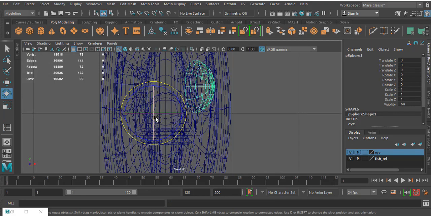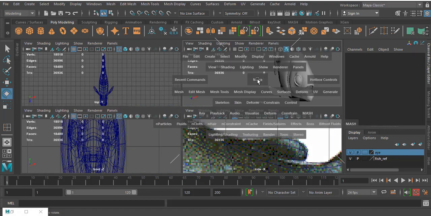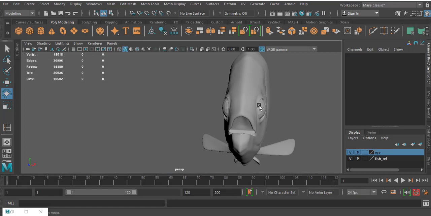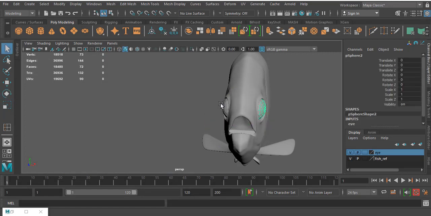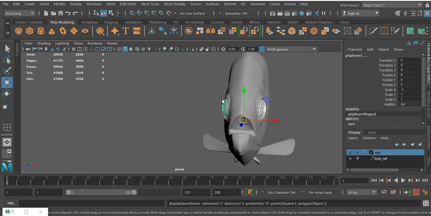Yeah, it's not in the center. Now it's in the center. Minus. Now your eyes are properly placed at the center.